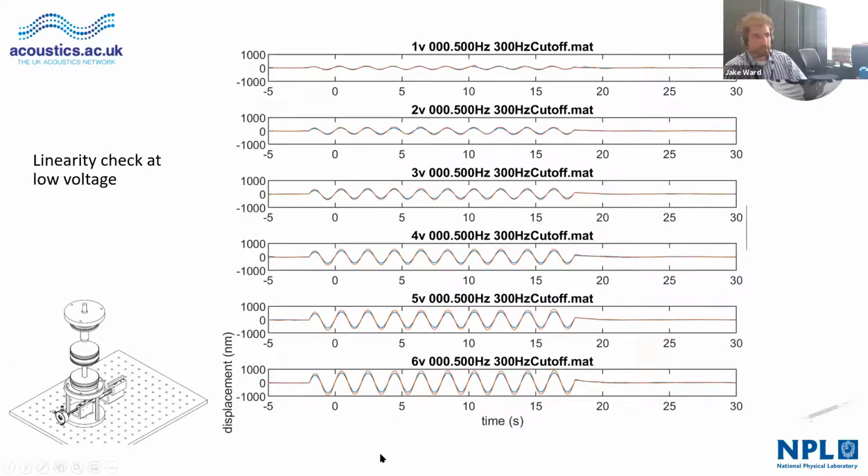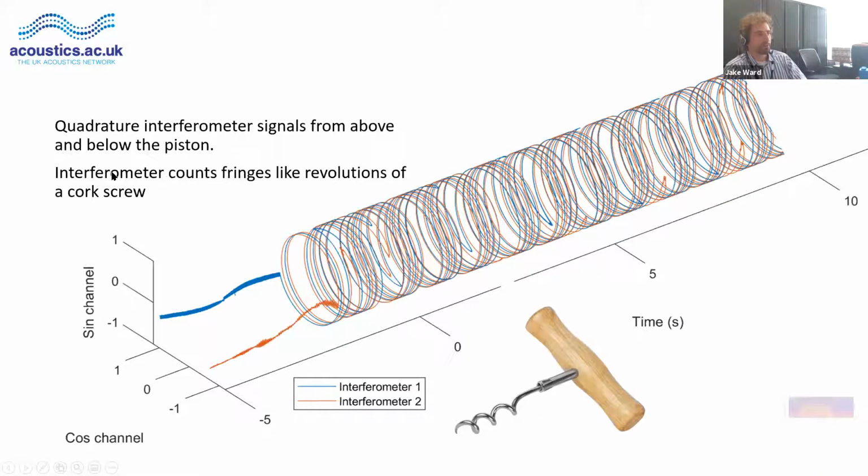So the quadrature interferometer, I have enjoyed working with lasers. It's very much as fun as it sounds. And I liken this quadrature interferometer to a corkscrew. If we have two orthogonal beams of light or interferometers, then we have a sine channel and a cos channel, and each fringe of light is like a rotation of the corkscrew. And we can accumulate the phase,